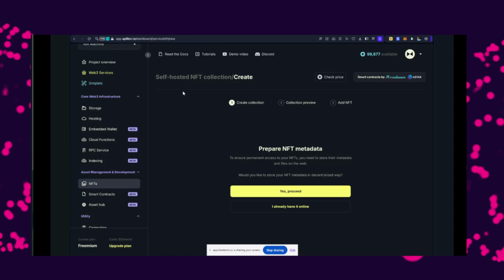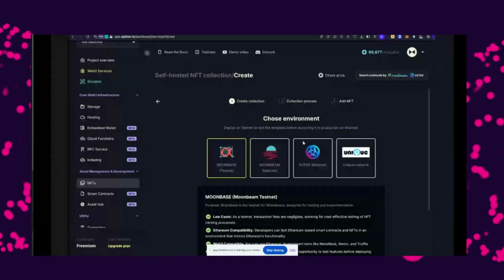All right, so how does the wizard or no-code solution for NFT collections look? Basically, again, you log into the dashboard, you go to NFTs, you say, I want to deploy a new collection. Once you click it, this is the first step you're going to see. Essentially, we ask you, do you want to prepare NFT metadata with us, or do you have the metadata already available from somewhere else? Typically I would say 99% of the cases choose the first option.